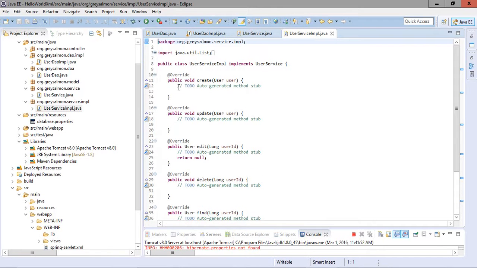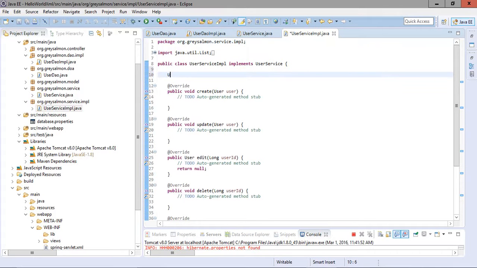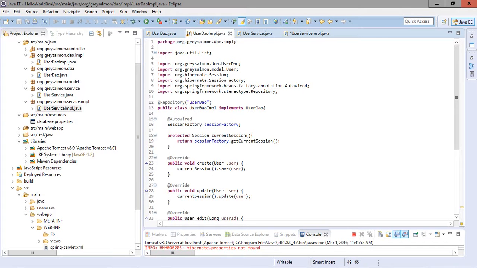Now here it is very easy to write the implementation methods, because all the methods in the service layer will use the methods of the DO layer. So first we have to create the reference of the user DO. Now note, this bean will be instantiated with the name user DO.